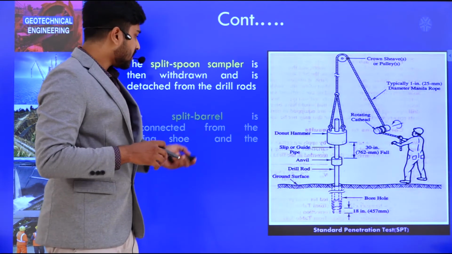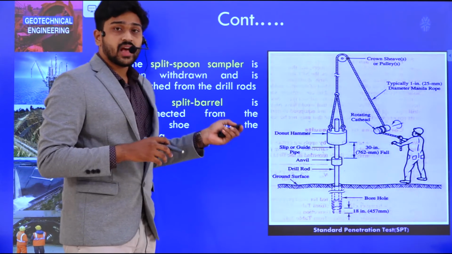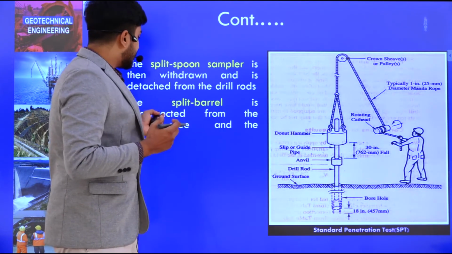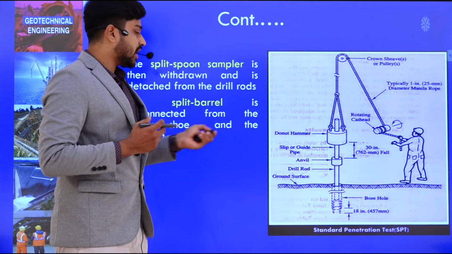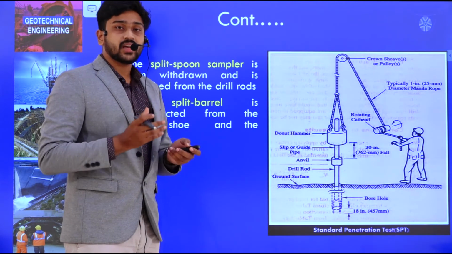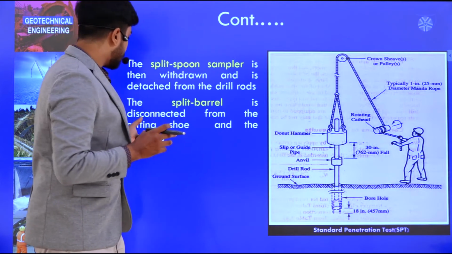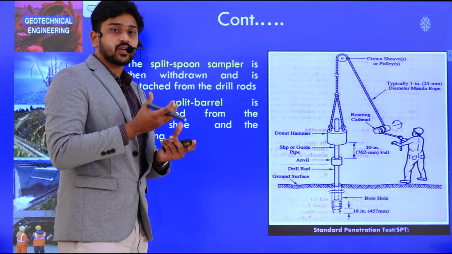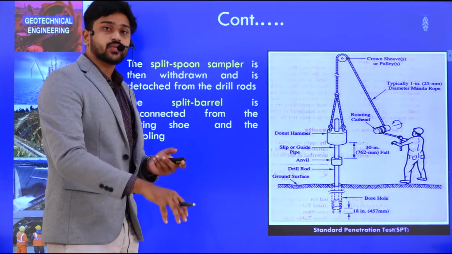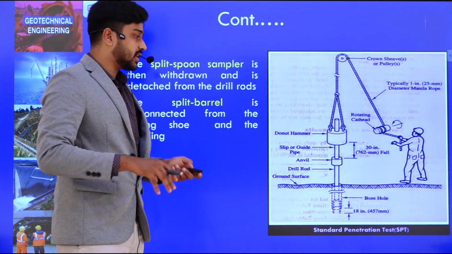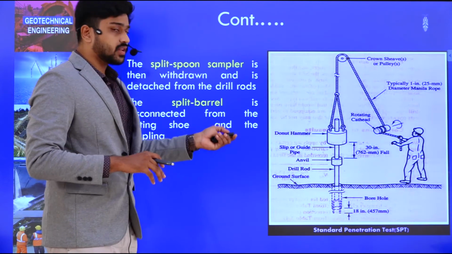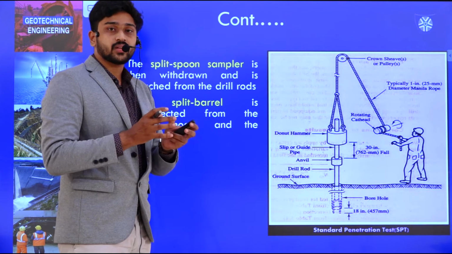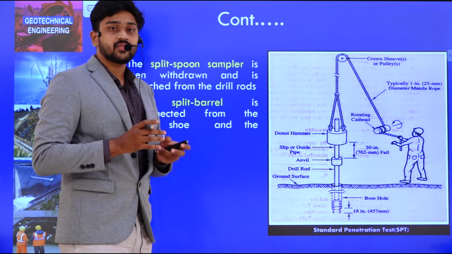Okay, now, the split barrel, as I have stated, there is some inner circumferential part, that is the split barrel. It is disconnected from the cutting shoe and the coupling. Okay, inside there is a small arrangement in such a way that it is connected to a shoe sort of arrangement, a cutting shoe sort of arrangement, so that it will drive into the soil completely. Okay, and then there is another one, that is the coupling, which will hold and which will try to rotate this sampler. Okay, so we have to detach it from those two.